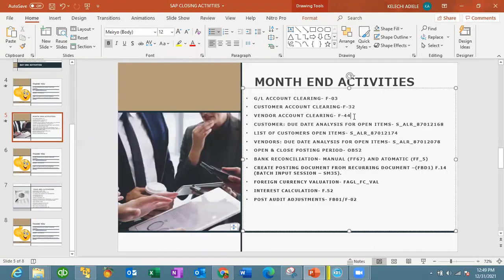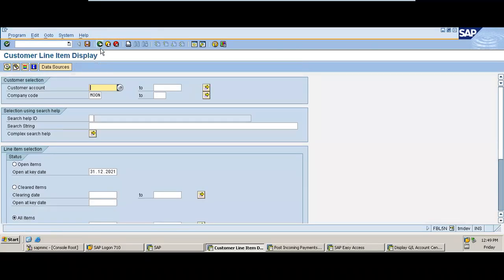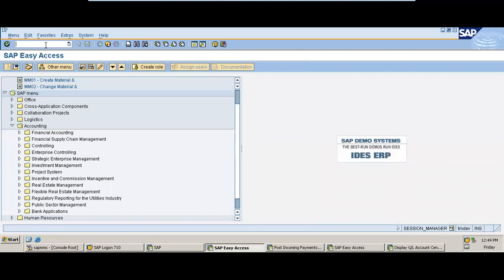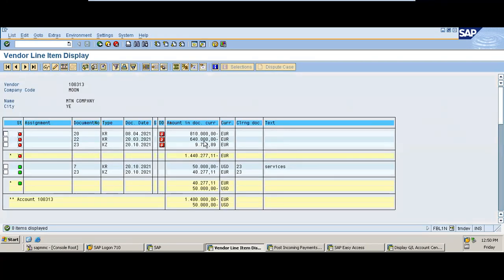The next, we're going to look at vendor clearing F-44. We're going to first run the vendor line item, FBL1N. Go to all items, display. Okay, so we have an invoice, a payment that has not been cleared, and we are supposed to clear this